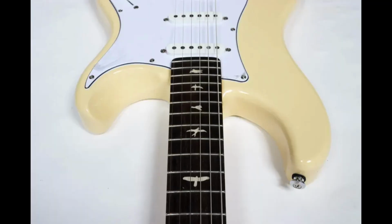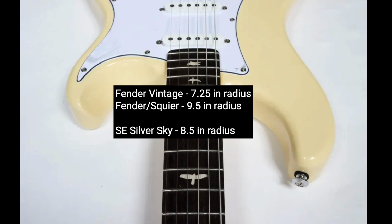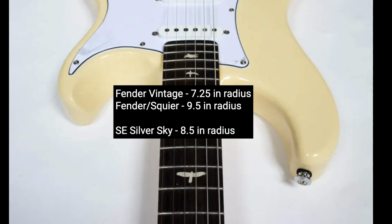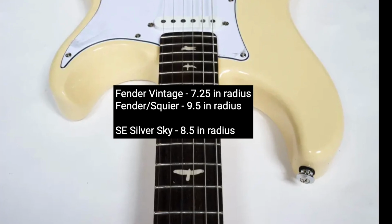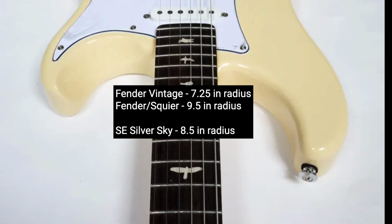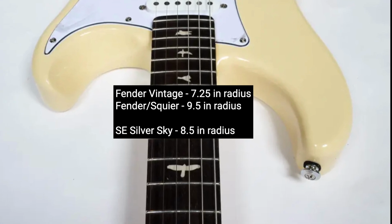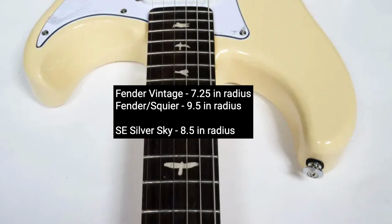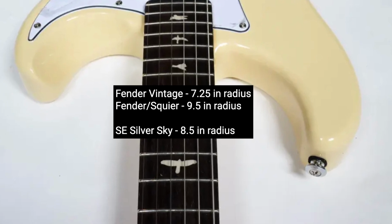Let's talk about the neck. First, it has an 8.5-inch radius compared to the USA version at 7.25 inches. Fender and Squier Stratocasters are mostly at a 9.5-inch radius. Why did PRS choose 8.5? Well, it's just the in-between of the 7.25 radius of most vintage Stratocasters and the 9.5-inch radius, which is mostly for